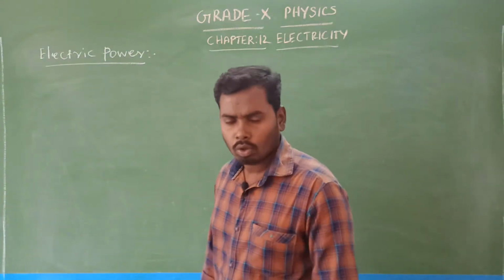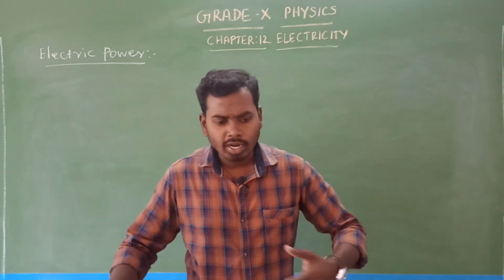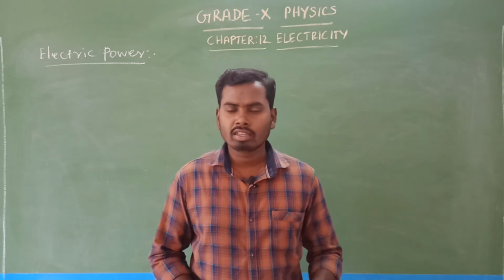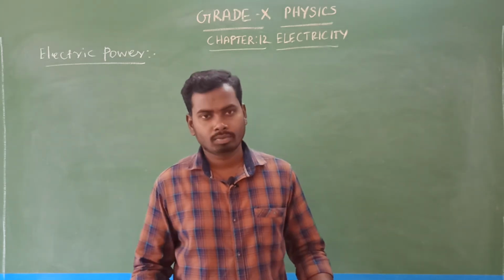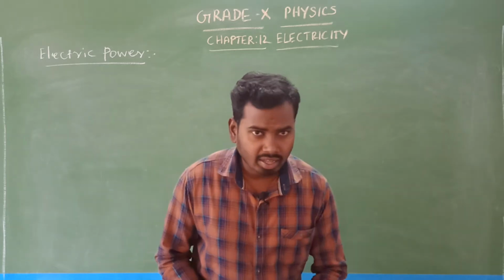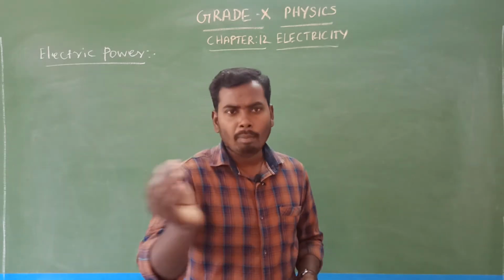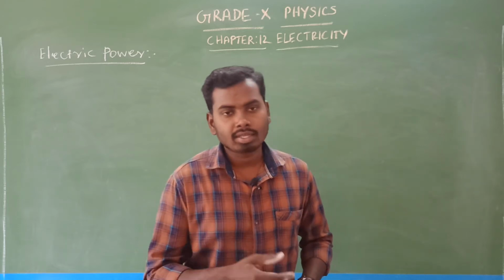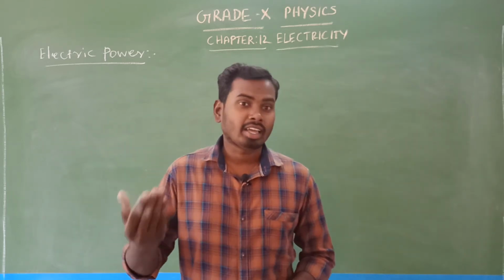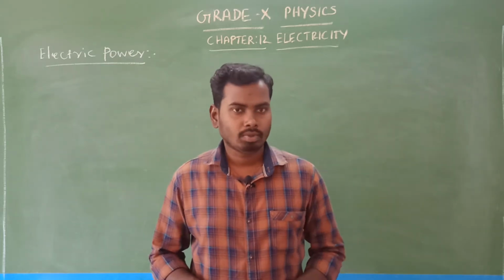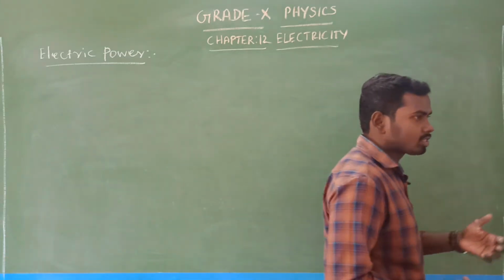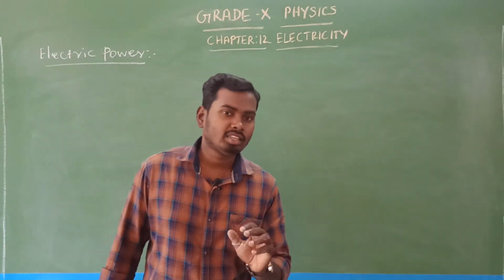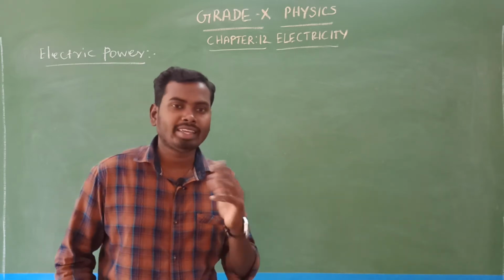What is electric power? Look at here. At home we use different kinds of electrical appliances such as the television, fan, electric bulb, refrigerator, air conditioner, microwave oven, water heater and so many things. These are all electrical appliances functioning, which means running, only because of electricity. Generally we say that is electric energy, because electricity also is a form of energy.